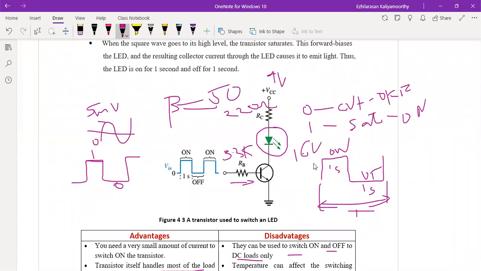Now, what you have to calculate here, very important from the question, we need to calculate the input voltage. So what is the input voltage required to emit a 30 milliampere, a sufficient level of light actually? So how can we find it from the given data? First you have to find out the collector saturation current. This is the collector actually, this one. This point we have to find out, what is IC sat.